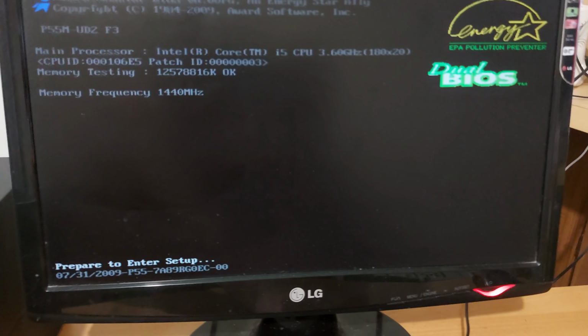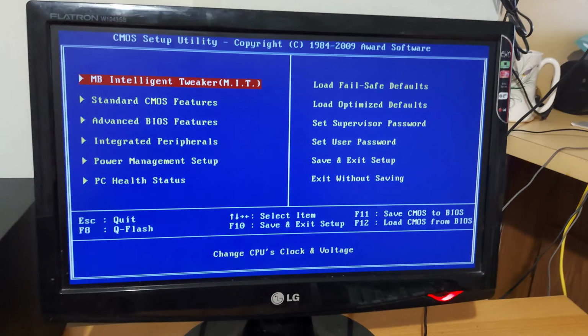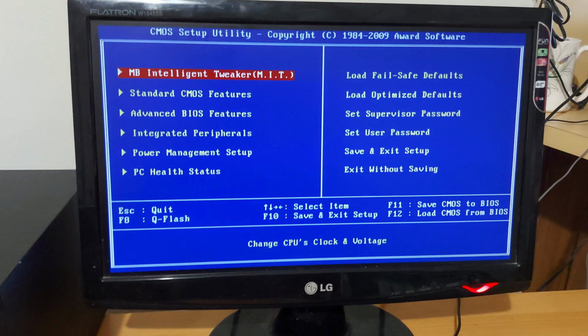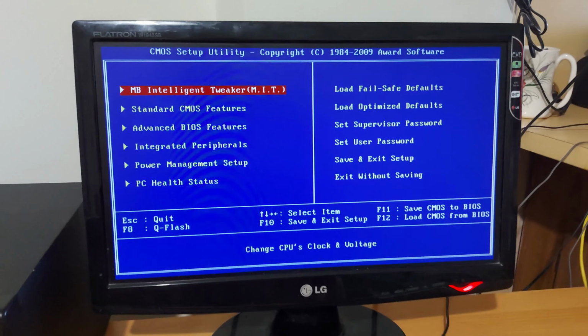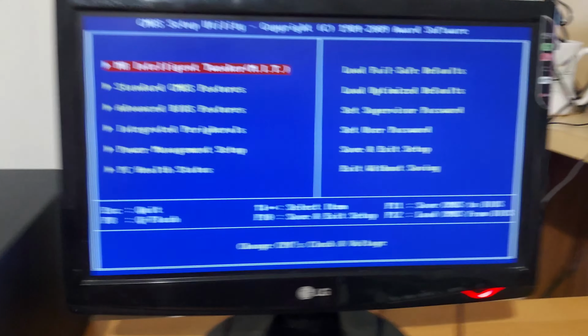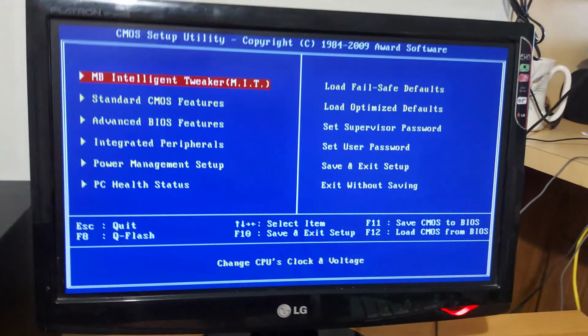So right now I'm gonna boot up my computer. When the first thing pops up, I'm gonna spam the delete key until it says prepare to enter setup. I'm gonna spam the delete key and it says right here prepare to enter setup, and that means that it will successfully go to the BIOS. Give it a few seconds, and right here we are at my BIOS. Bear in mind that every motherboard and BIOS is different. You will not have the same BIOS as me. Many of you, if you have older computers, will see the same blue screen effect that I have right here, but newer BIOSes will have different layouts and settings.